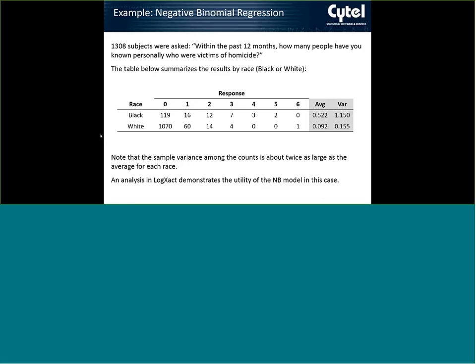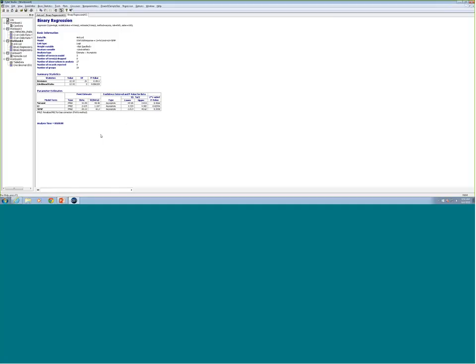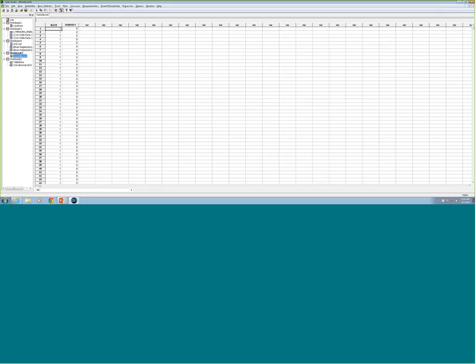So going to LogXact, just here briefly. Again, these data are my own. They're not my own. They actually belong to Ellen and Grusty, but I've entered them myself here. If you're interested in this file, you could probably get it from one of our colleagues at Cytel. But here are the data,